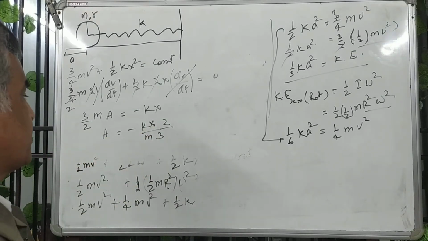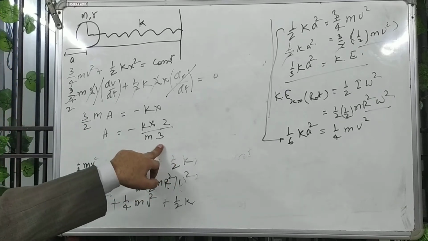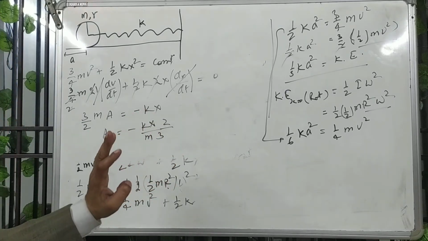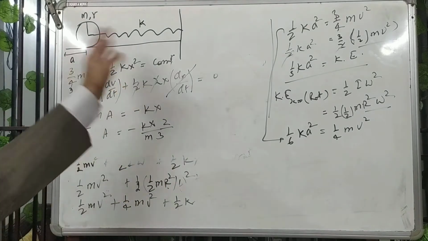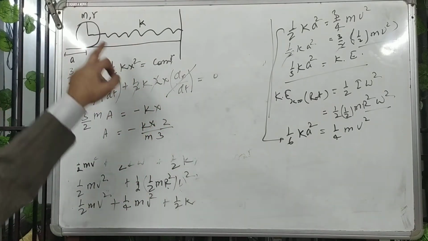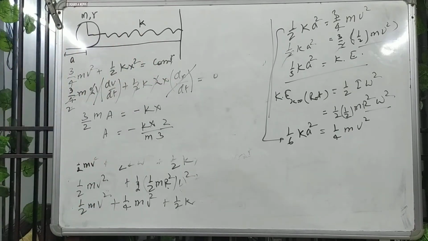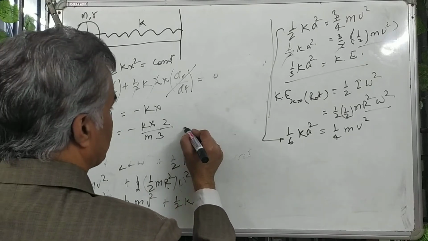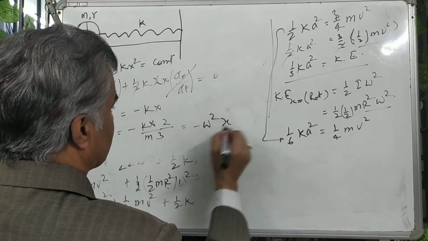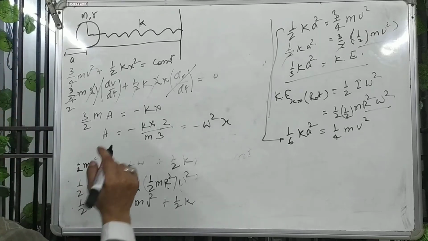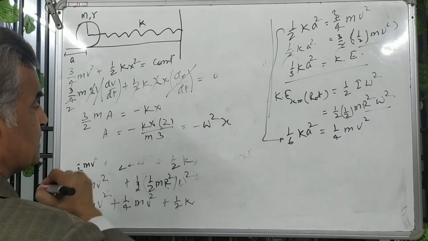So further, we know this in mechanical principle you have got the value of acceleration, and we know it very well that acceleration in SHM, according to SHM of the center of mass, is minus omega square x. Here x is displacement. So this x and this x cancel, minus minus cancel.